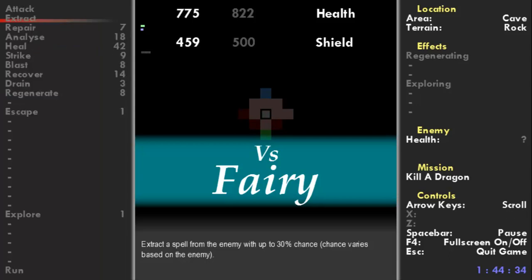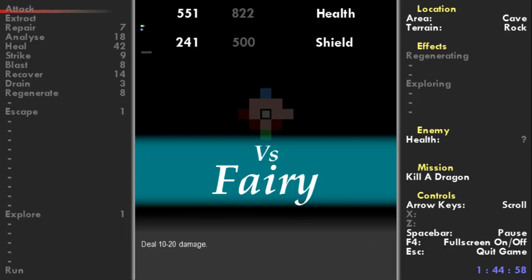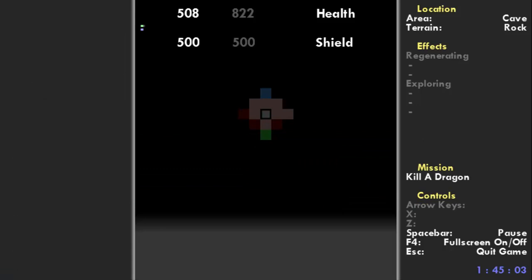Yeah, so I'm going to be doing this until the end of the episode, I think. The end of this recording section. And next time, my plan is to head back up to fight mages and try to extract more spells from them. So I get blasts and drains and even strikes, is that right? Oh no, not strikes. Analyze, heal, blast, recover, drain, regenerate. Yeah, each with a 3% chance, so...